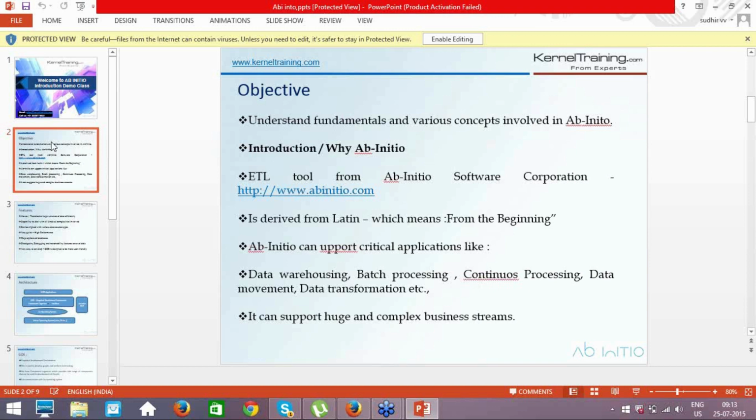You walk into an ATM, you swipe your card, and immediately you look at your mobile to see if you have got the message or not, right? Within seconds. So here you're not waiting, unlike batch processing. You're expecting the data immediately, and all this happens in continuous processing. So Ab Initio is very quick